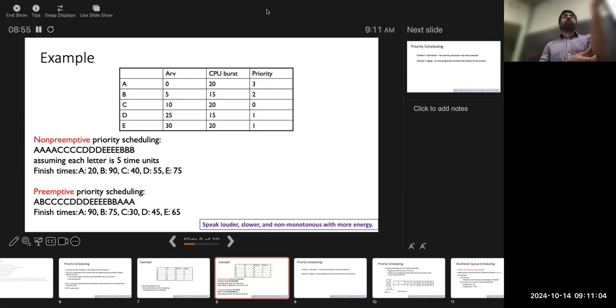Okay. Yeah. So actually what he is saying is that if there are processes or jobs waiting in the ready queue for a longer time, what we can do is increase their priority, right? And this is known as aging. The terminology for this in the context of operating systems is aging. So what you do is